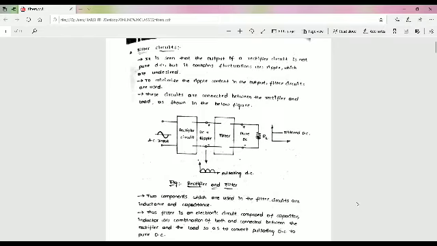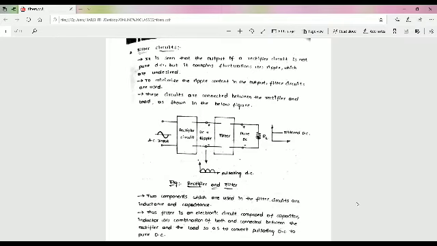And the next one, introduction of the filter circuits. Okay, in the rectifiers, output of the half wave rectifier or the full wave rectifier circuits are not a pure DC. Okay, that is the pulsating DC, but it contains fluctuations or ripples. That is not a pure DC. That means fluctuations or ripples, which are undesired. We desire only pure DC. Okay, to minimize the ripple content in the output, filter circuits are used.